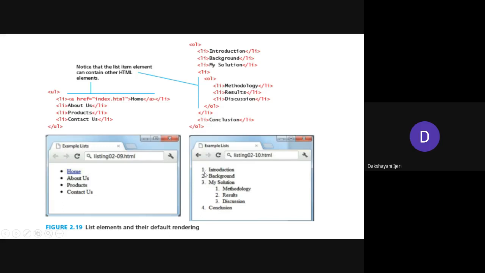So you can see here 1, 2, and 3, and in the third item you can see one more level of list creation has been done. One more hierarchy of the list is done. That means within the third you have three more items to be included, again ordered. So nesting can be ordered or unordered, so both can be used in contrast. Okay, so we'll see what are the different elements used here.